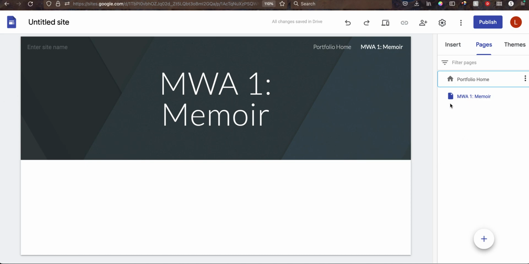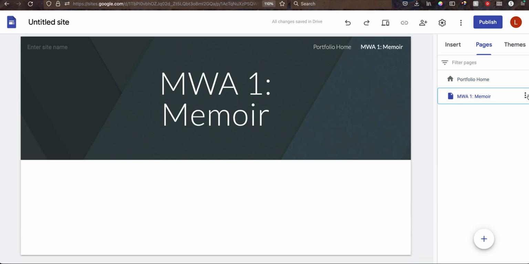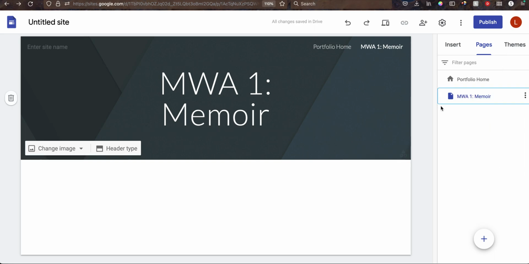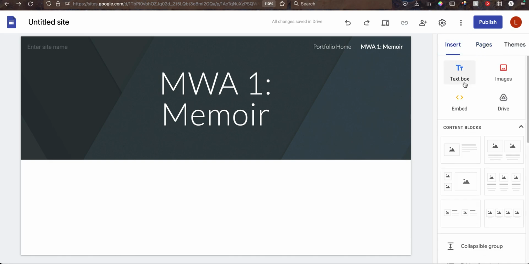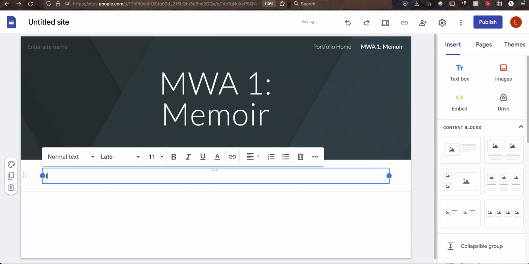And now if you look at it, you have 2 pages. You have your name and you have the first one. What I would suggest doing, just to be a little bit more expeditious about this, is to make use of this duplicate page option. So what you'll want to do is go back to Insert, and you can just add a text box. So maybe put your introduction